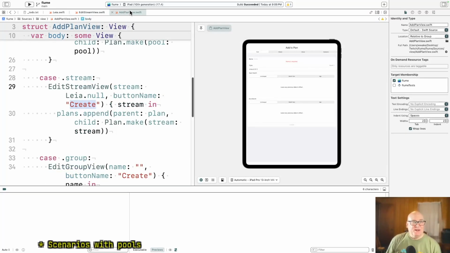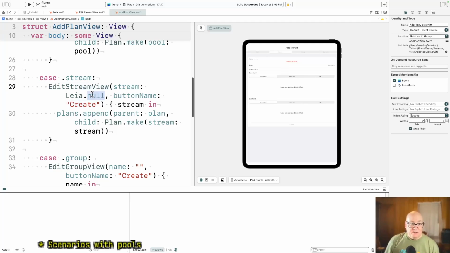Okay, so here's add plan view. This is the one that creates a view from scratch. And that's the first extra window I opened. And so we say, okay, if it's a stream, I want to have a stream view. And it'll be edit stream view, because that's the same thing that edits and creates.